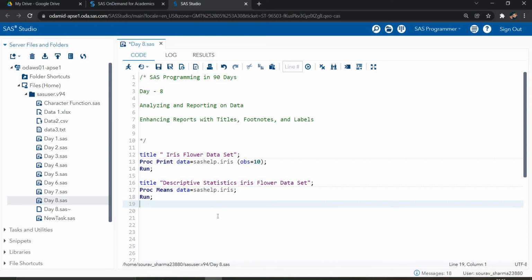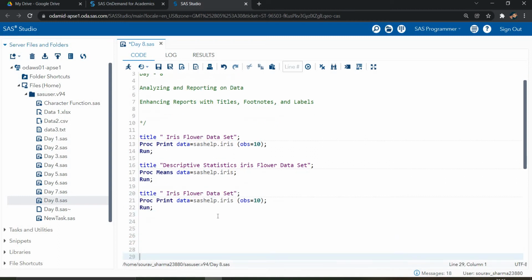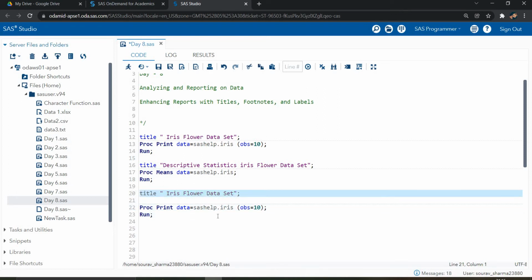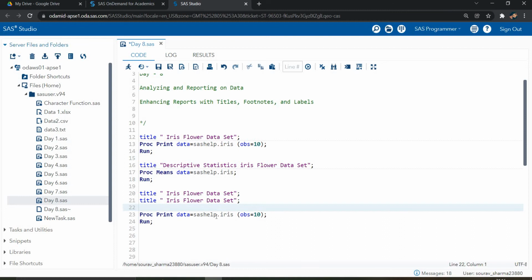Let's suppose I'm creating again. I'm selecting this one and copying it. Now you write a title statement. Let's suppose I write title statement 1. Then again I copy this, then write it 3 times.